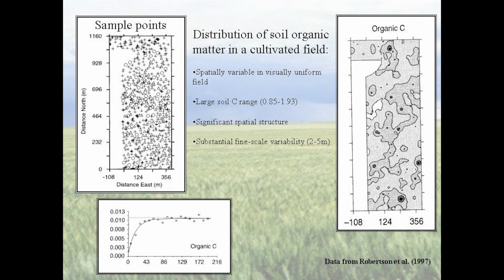And this is microtopography that has accumulated over eons. But it's so small that you really can't recognize it. But here's the curve. You're going to need about 60 samples in that 10-acre field to actually get that curve to flatten out. Again, not going to happen. It's too expensive.